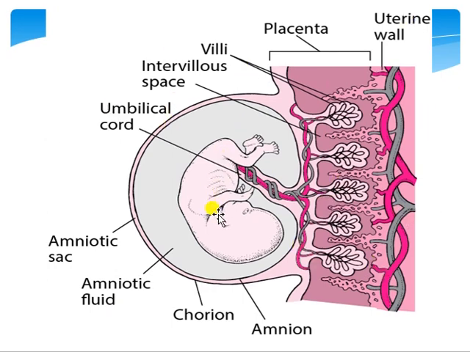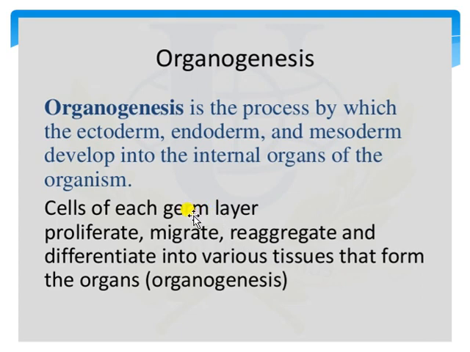Okay, going to the next slide, we will be discussing organogenesis. In this slide we will be discussing the process of organogenesis, which is the procedure by which organs are formed within the embryo. Not only external organs, but internal organs and all of the structures are produced, and in this process the cells present in the germ layers will proliferate, migrate, reaggregate, and differentiate into various tissues and various organs. So many types of activities, proliferation, migration, reaggregation, will take place during this organogenesis mechanism.